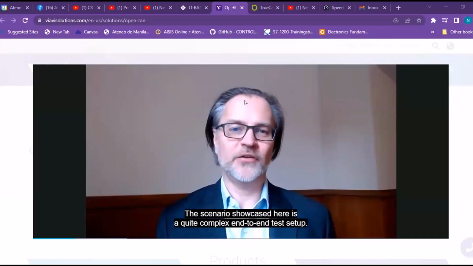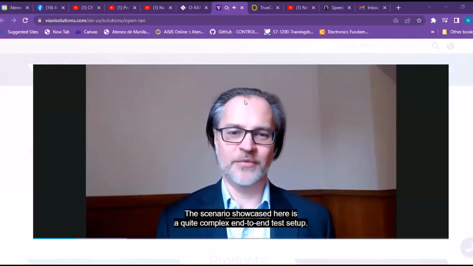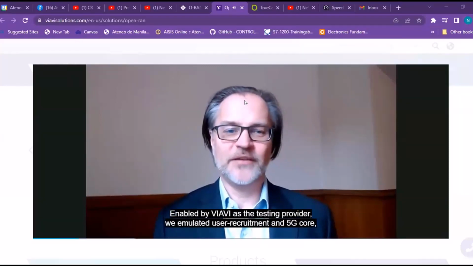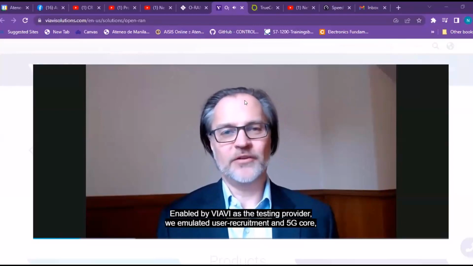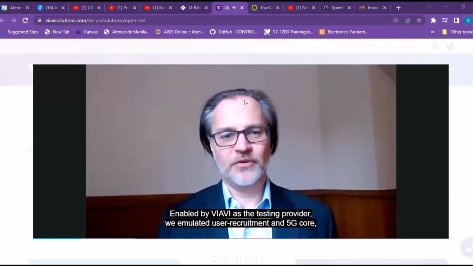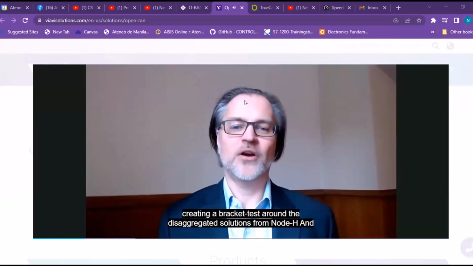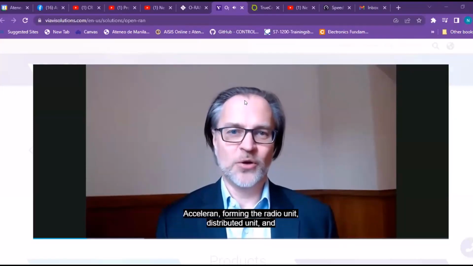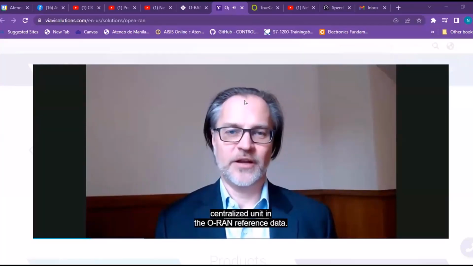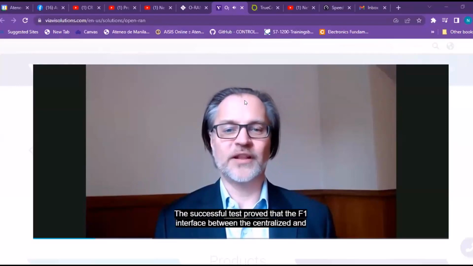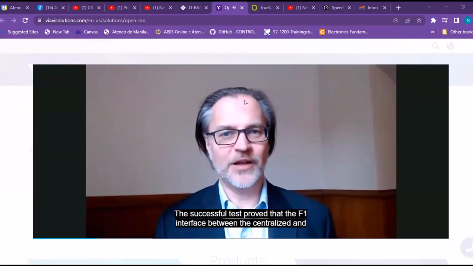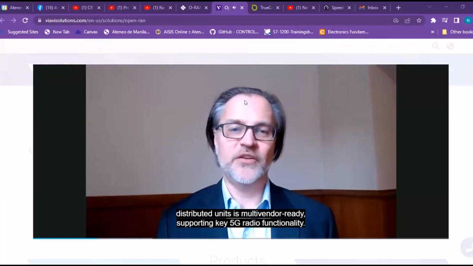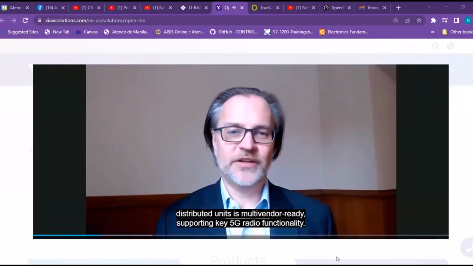The scenario showcased here is a quite complex end-to-end test setup. Enabled by Viavi as the test tool provider, we emulated user equipment and 5G core, creating a bracket test around the disaggregated solutions from Node Edge and Acceleran, forming the radio unit, distributed unit, and centralized unit in the O-RAN reference standard. The successful test proved that the F1 interface between the centralized and distributed units is multi-vendor ready, supporting